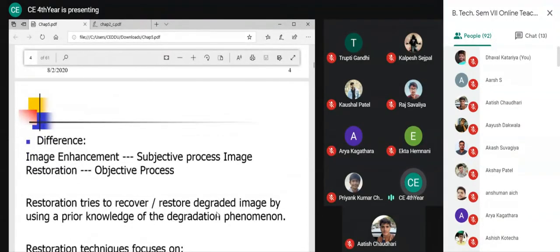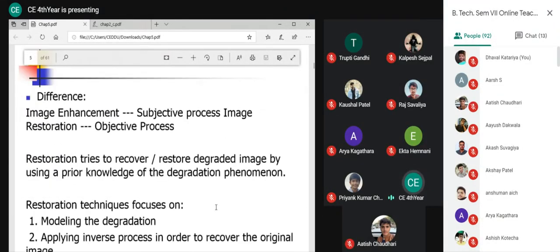So now you will say, okay, ultimately we are enhancing the quality. Ultimately, we will enhance the image quality so that we can use it. So what we have been doing till now is the same task, right? But how is it different here? Why are you giving a separate name to that? A very good question. Earlier, what we were doing was image enhancement, that is contrast stretching, histogram, whatever, right? So it was image enhancement, and it was a subjective process. I told you multiple times that it is subjective, right?